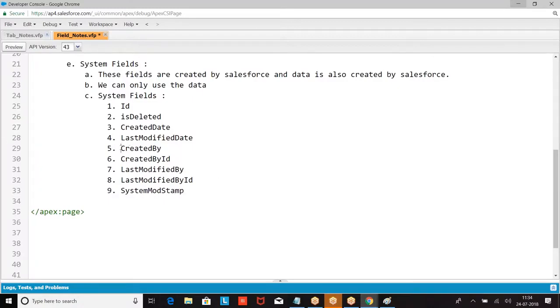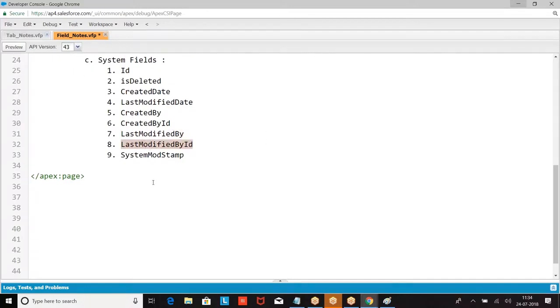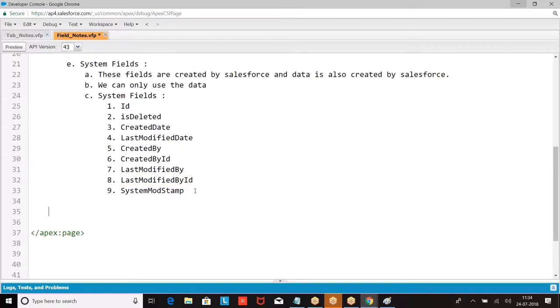Created by ID and last modified by ID, both are the same. This two set is one, this two set is one. Now let us start one by one.